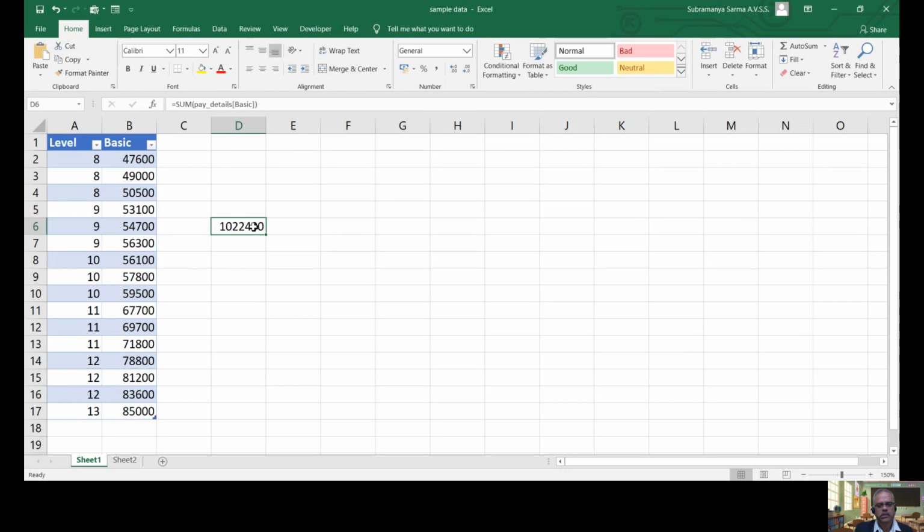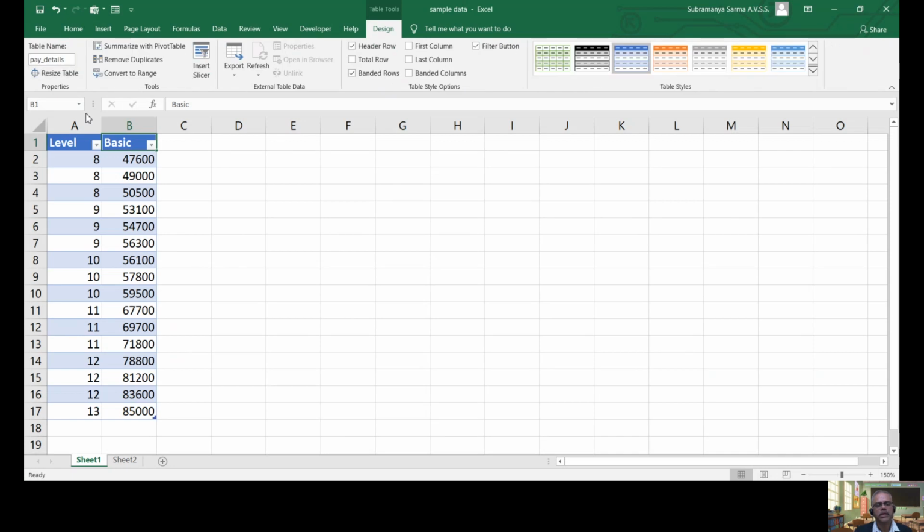And we can generate those functions easily, right? Okay, now I am removing this. So one of the greatest advantages with tables is that it allows you to refer to the table name or column name in any built-in function of Excel as parameters, right? That is the advantage.